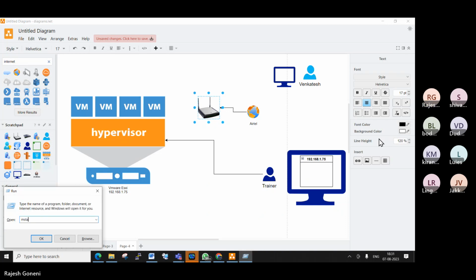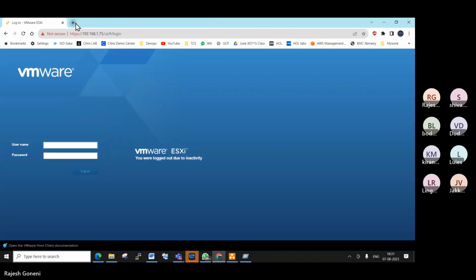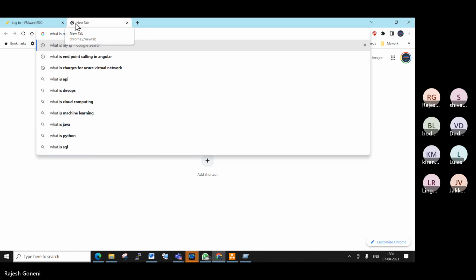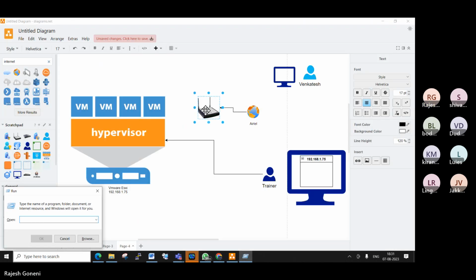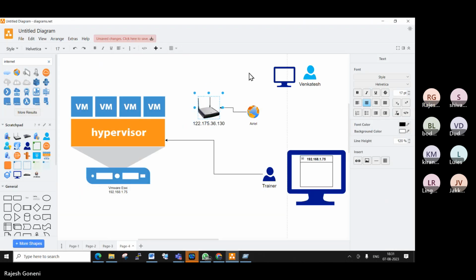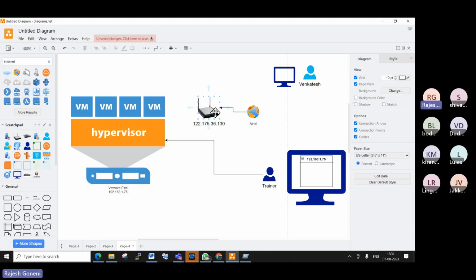That IP address is this one. This is a public IP address. This static IP address is provided, so anybody who wants to connect to my network can connect to this IP address, but you need to connect through